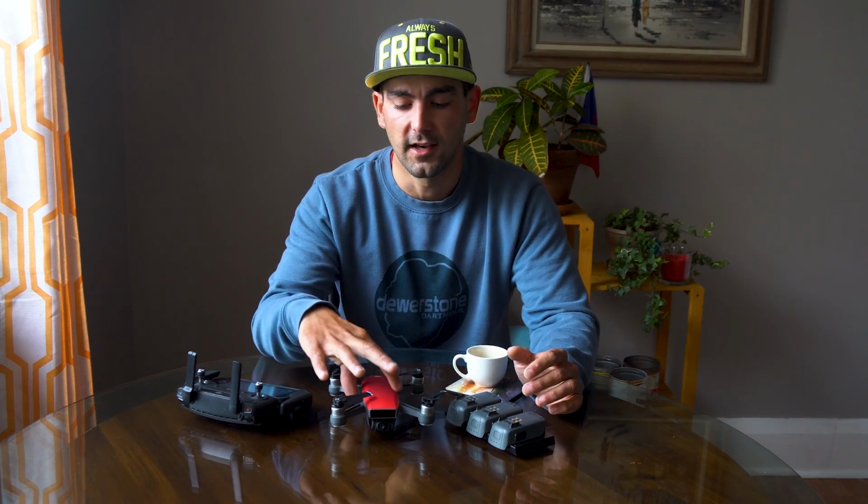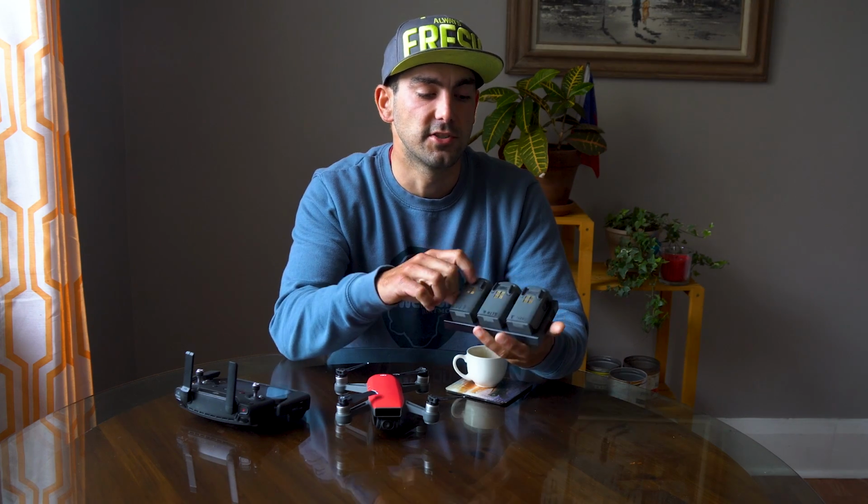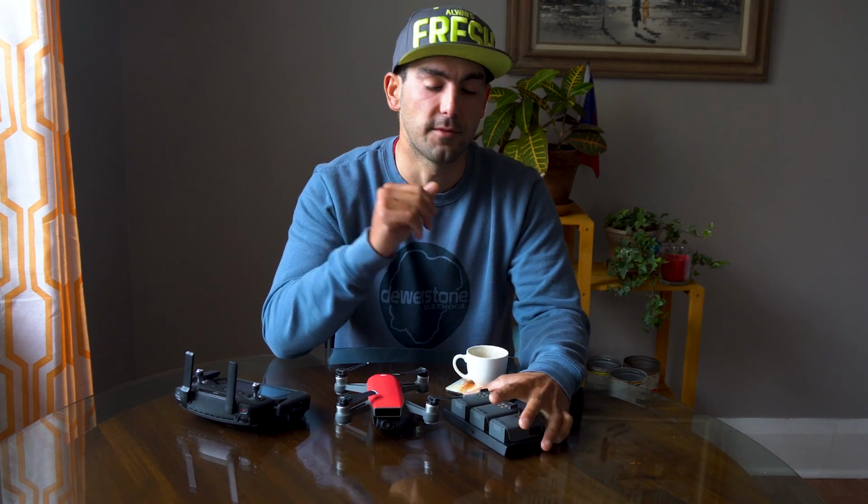It does have a couple drawbacks. It has a much smaller battery than all the other drones in the DJI family. On average, I get probably 10 to 12 minutes of flight time out of each battery versus almost 20 on the bigger drones, I think. So you do need the extra batteries. Luckily mine came with this sweet battery charger, so I can charge 3 at one time, which is clutch. I don't think I'd be able to have this drone feasibly with just 1 battery, because you'd never get to